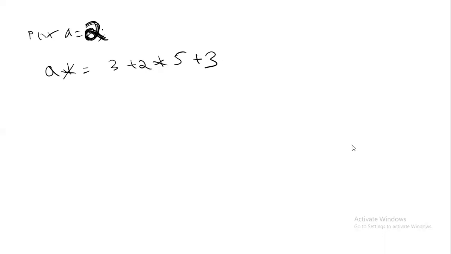So how do you have to evaluate? What will be the answer? 32. Let's see. First, always you have to evaluate which side? The right side. And when you are evaluating the right side, which has the highest precedence? Multiplication has the highest precedence. So you have to do this 2 into 5. What is 2 into 5? It is 10. Other operators as they are you have to keep. So 3 plus 10 is 13. 13 plus 3 is 16. So it is 16 here.